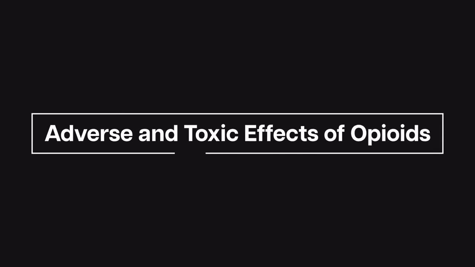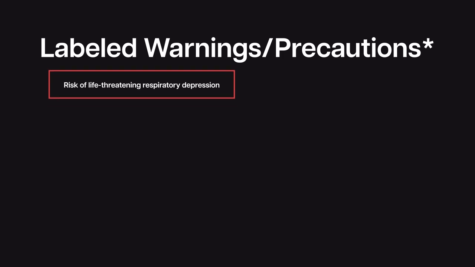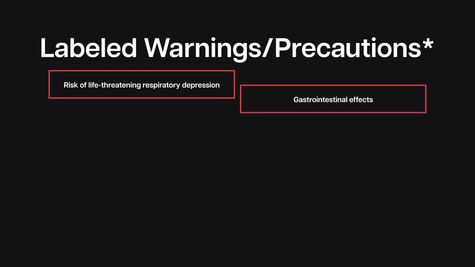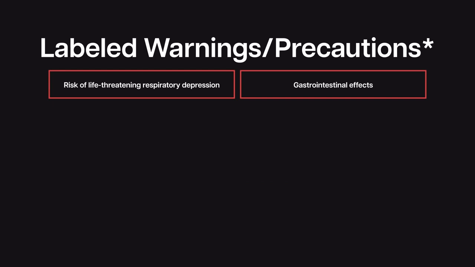We are now going to discuss adverse and toxic effects of opioids. There are several labeled warnings and precautions associated with opioids. The list on this slide is not exhaustive, but includes risk of life-threatening respiratory depression, gastrointestinal effects, adrenal insufficiency, risk